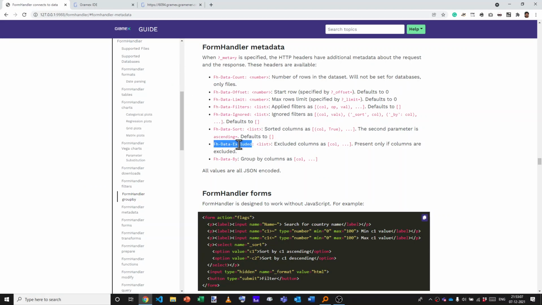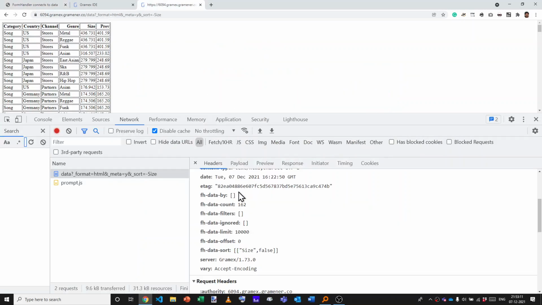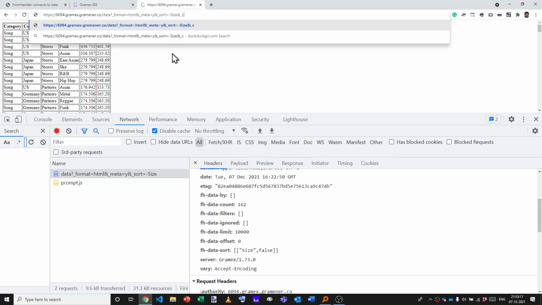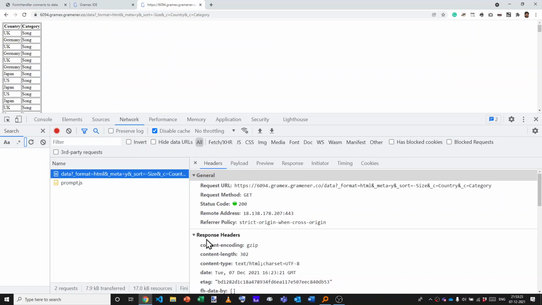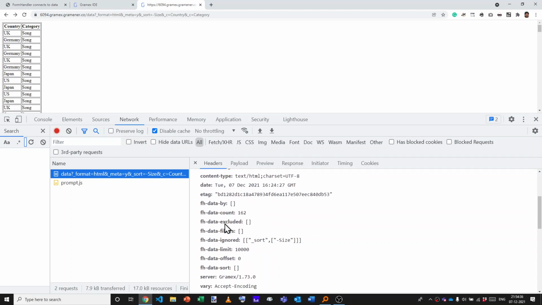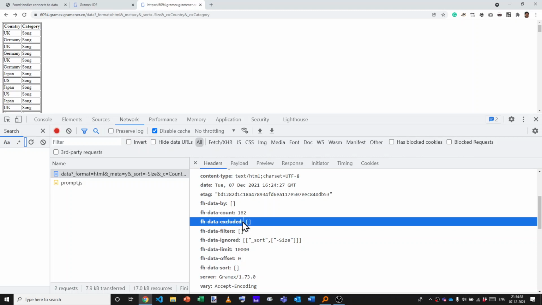If there are any columns excluded, then FH-Data-Excluded is present. You'll notice here that because no columns are excluded, the header is not present. Excluded is actually the list of columns that we explicitly exclude.